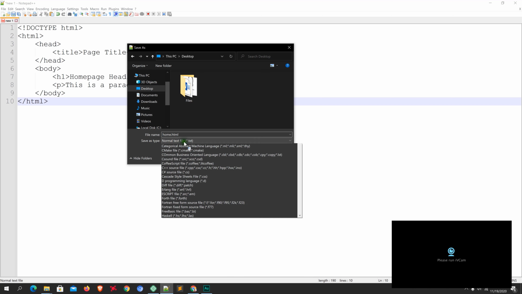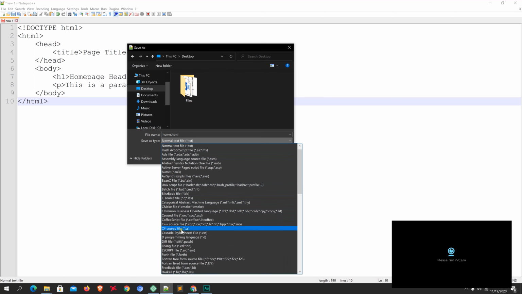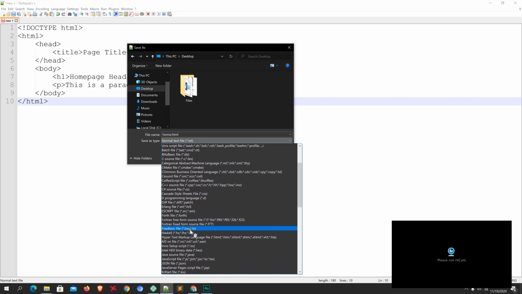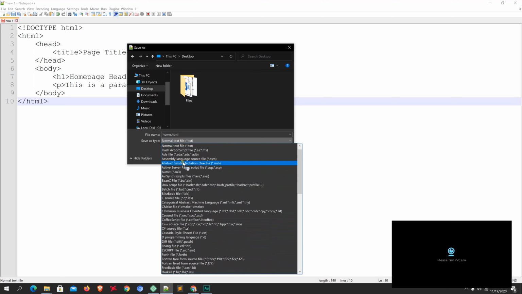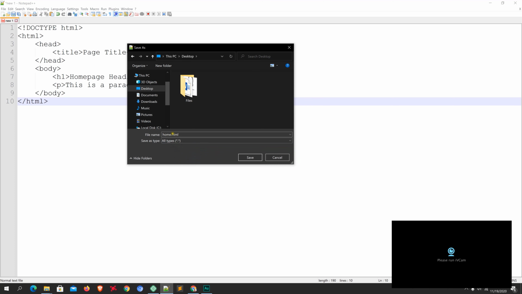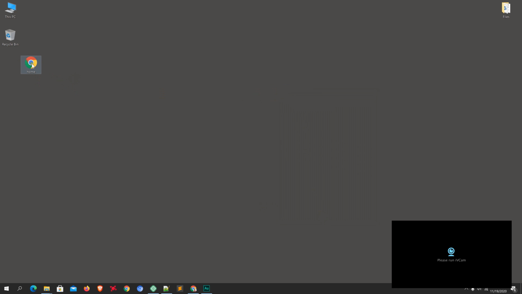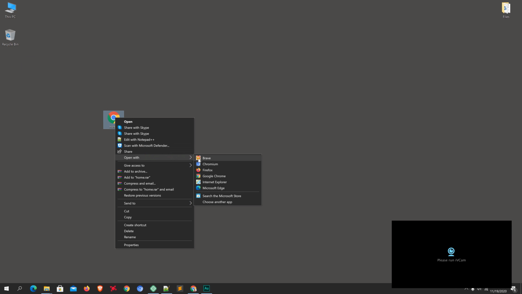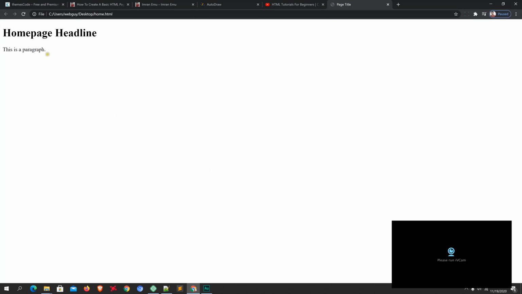Here you can see the save as type will be HTML, or you can simply select all types. Okay, then home.html, don't make a mistake. Okay friends, now on the desktop, here you can see our HTML page. It is the home page. If I open it with Google Chrome, here you can see the home page headline.